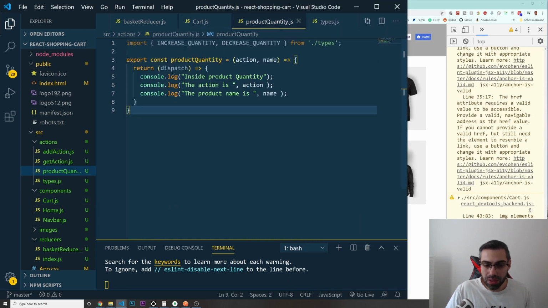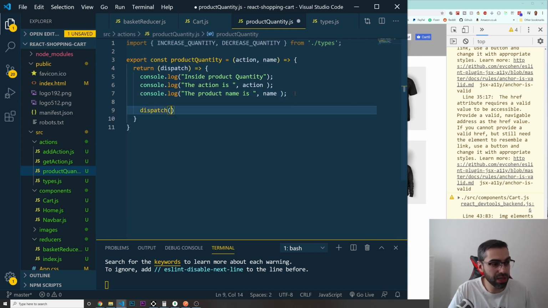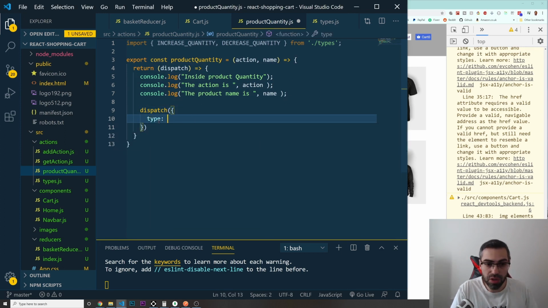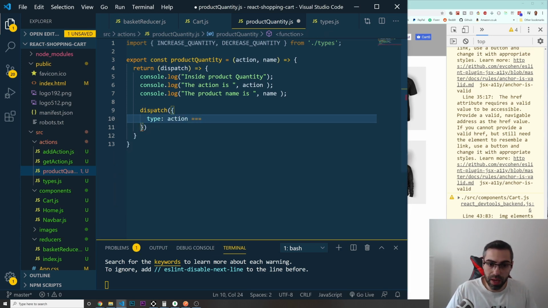Okay, so what's the next thing that I want to do in here? The next thing that I want to do is, after all these console.logs, I want to dispatch something to my reducers. And what do I want to dispatch? First of all, I'm going to put in here a type, okay? The type is going to be an action, okay? If my action is equal, remember guys, this was the action, is going to be increase or decrease. So if my action is going to be equals to